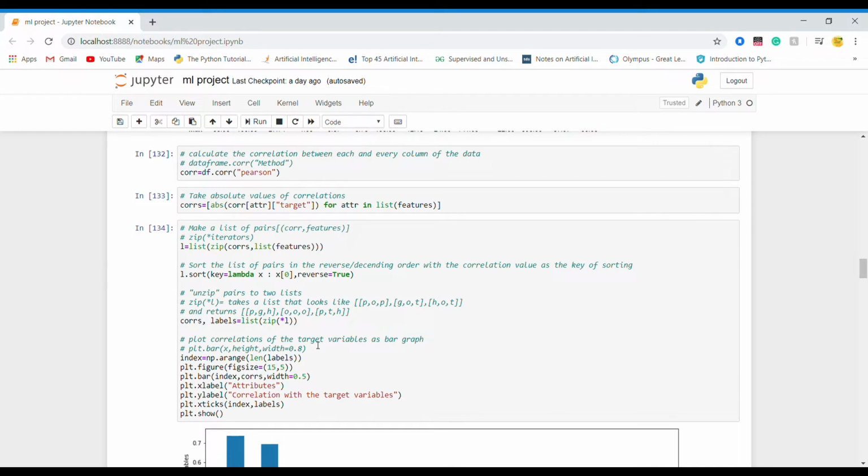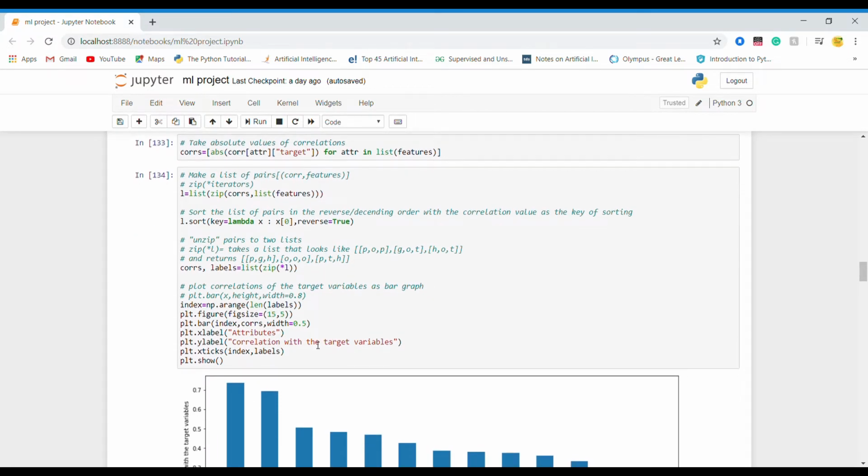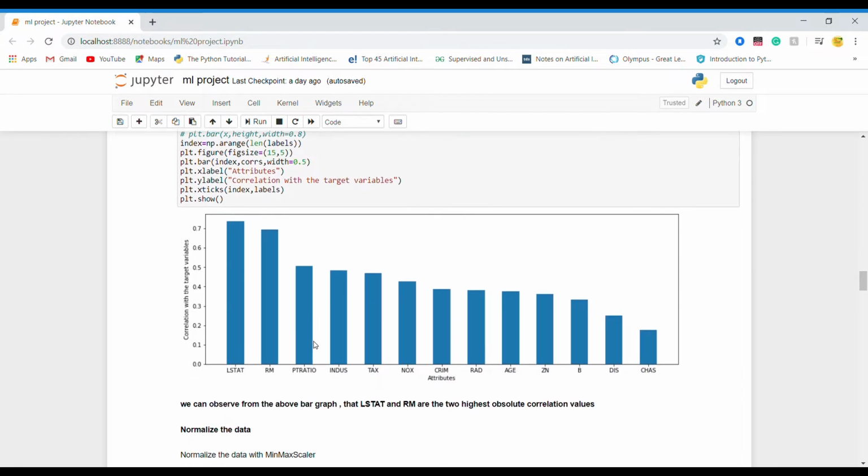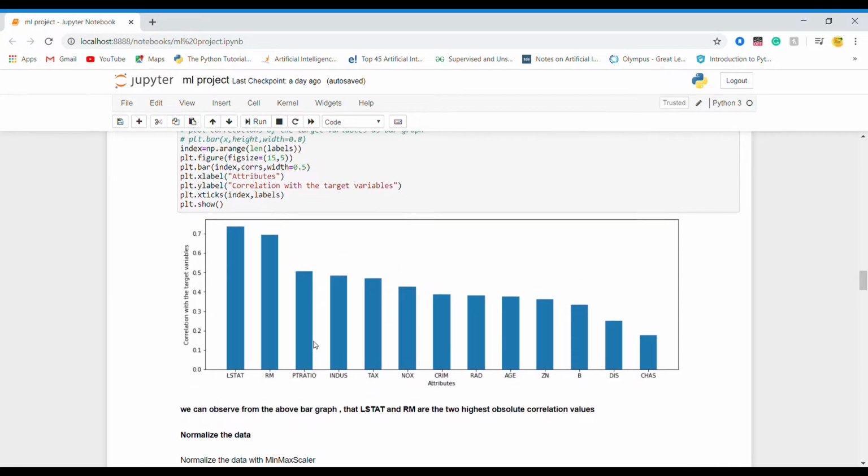And then I plot the correlations of the target variable as a bar graph using a syntax called plt.bar of x comma height comma width. Here we can observe from the bar graph that LSTAT and RM have the two highest absolute correlation values.